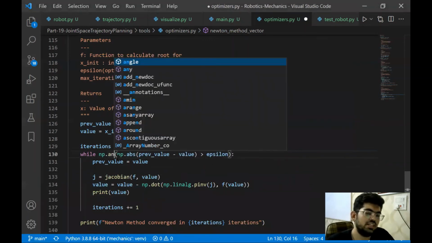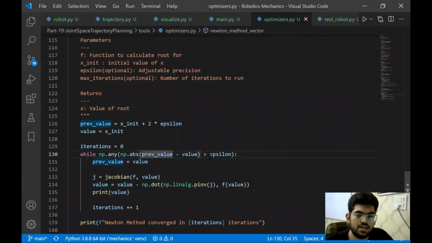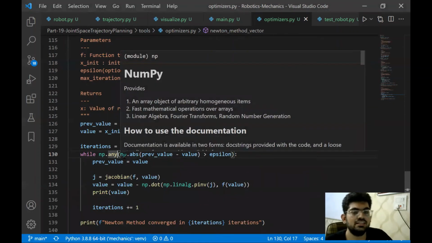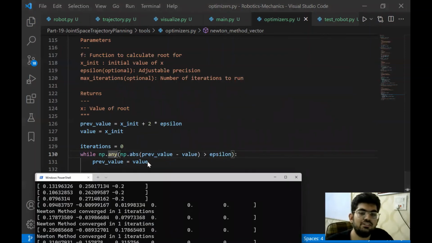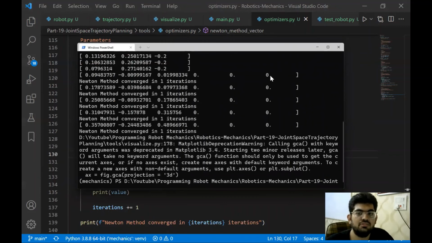However, what we needed here was np.any. That would make the while loop go without termination. Now this any checks whether there are any true values or not. If there are any true values, then it will keep the loop going. It will keep on evaluating till all the values present in the array are false. And that is what we require for the optimization to complete. Otherwise, the optimization will be done for only some partial vector and not for vectors like these.